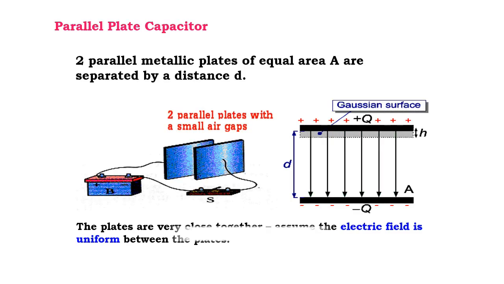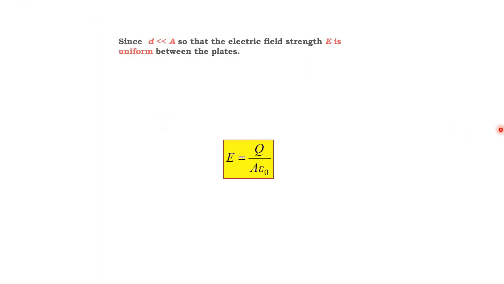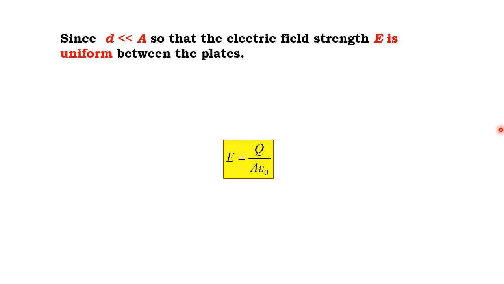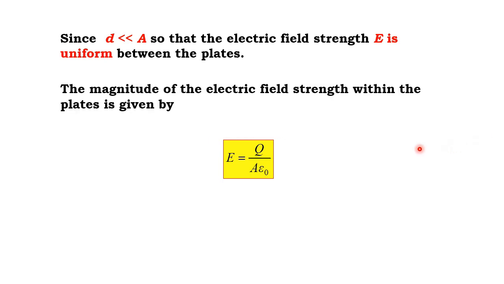This is a parallel plate capacitor, and these two plates are very close to each other. So we can assume the electric field is uniform between the plates. Since the distance between the plates is less than the area, the electric field strength E between the plates is uniform. So the magnitude of this electric field strength within the plates is given by E equals